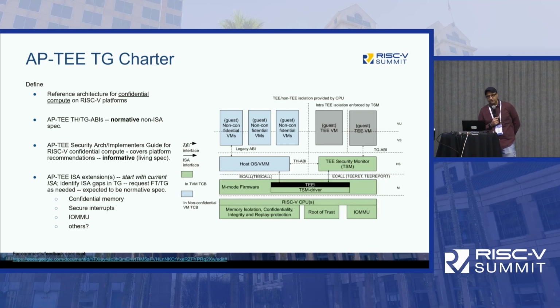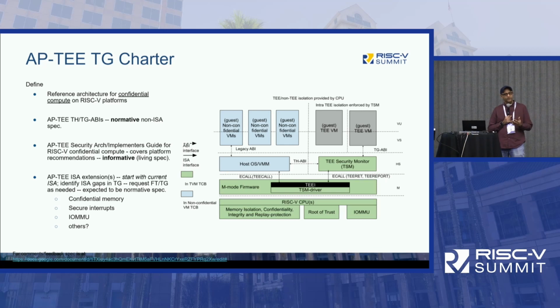And obviously the data has to then be tracked as it's being processed on the RISC-V based processors, but also on other subsystems of the platform. So the way we proposed this task group and the way we've been doing this work is in these three areas that you see here. The first and foremost goal we said was to look at this reference architecture, discuss this in the task group, and understand what's going to be the impact on the software interfaces.